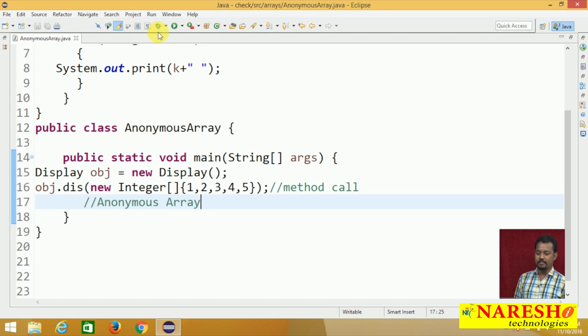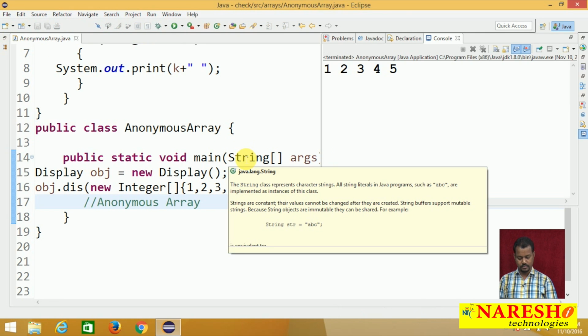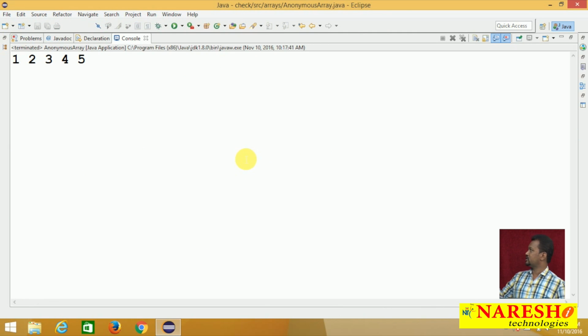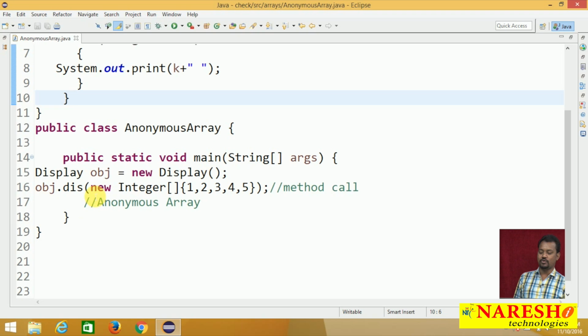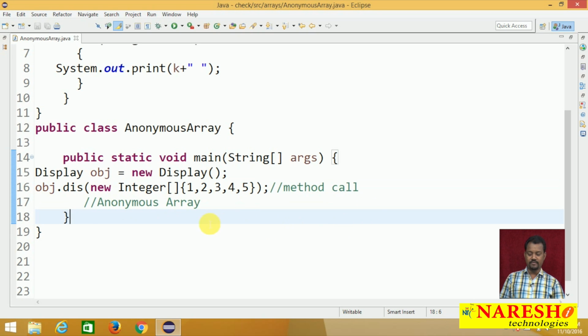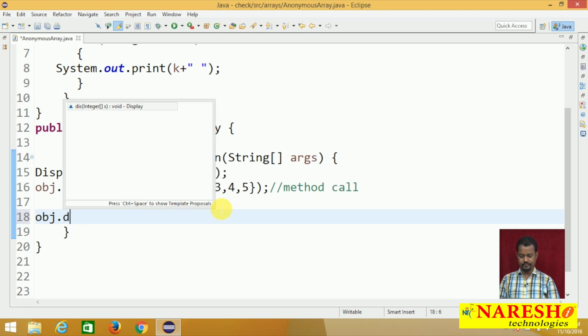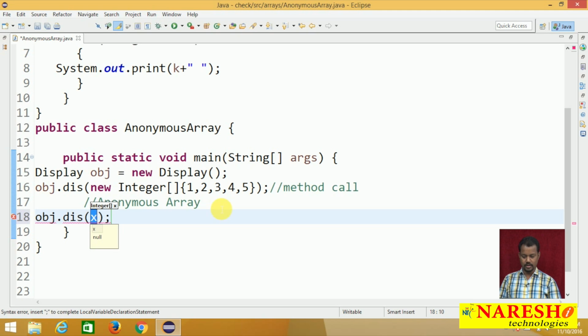If I run the program, I will get the same output. So what is the meaning? We are passing an anonymous array, which means we are passing an array without a name. Suppose I want to pass like this, for example, obj.display. Here I want to pass new